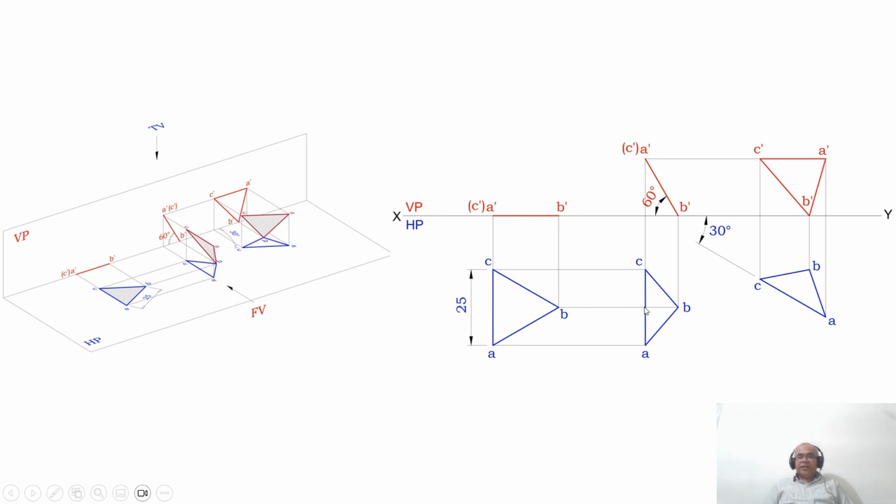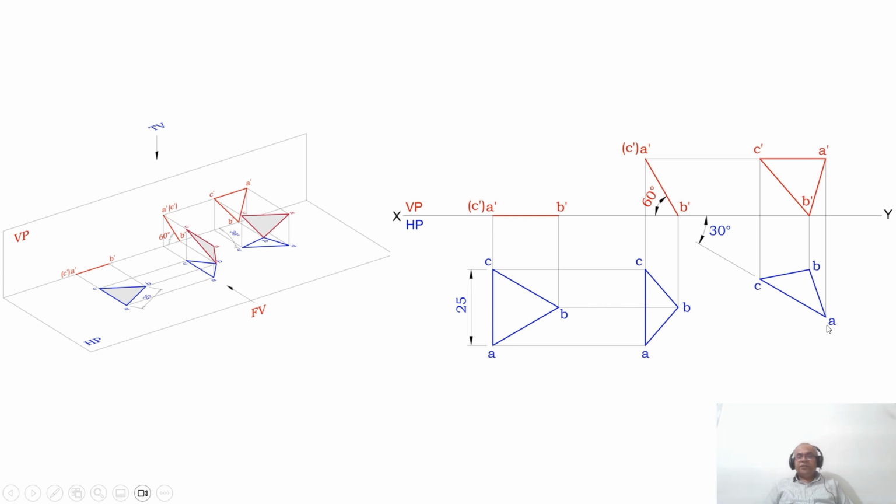Then you measure the distance from A to C using the compass. On this 30 degree line, you take any convenient point, and from there you cut an arc to get A and C. Then since it is a triangle, measure from A to B using the compass. With A as center, draw an arc. Similarly, from C, you measure the distance of C to B using the compass. With C as center, cut an arc on this. So you are going to get the point B. Mark these points A, B, and C and join A to B, B to C, and C to A